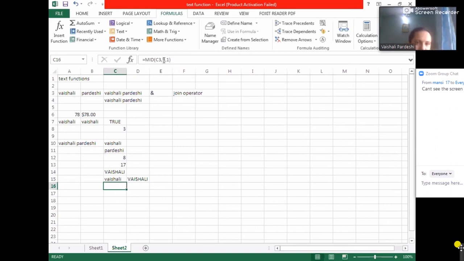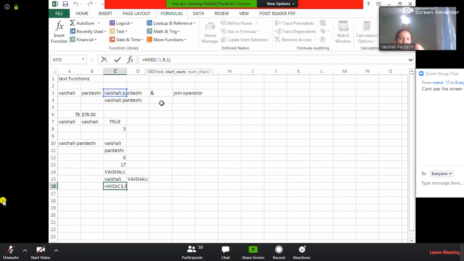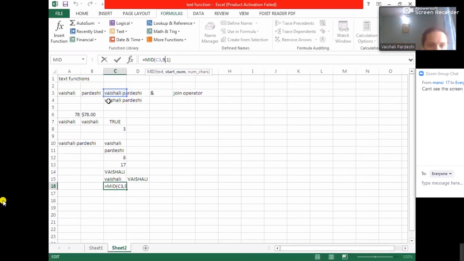For this 9th, we used the length function, right? So when we will be using this mid function in combination, that time instead of writing 9 we will write length. With that, length will give us the number of characters and then from there we will do this. Not today, we will learn this tomorrow, but keep it in mind. For now I know that this is the 9th position, so I put 9 so that I get the space, which is the middle character. Getting it? I know my name, Vaishali, is 8 characters.